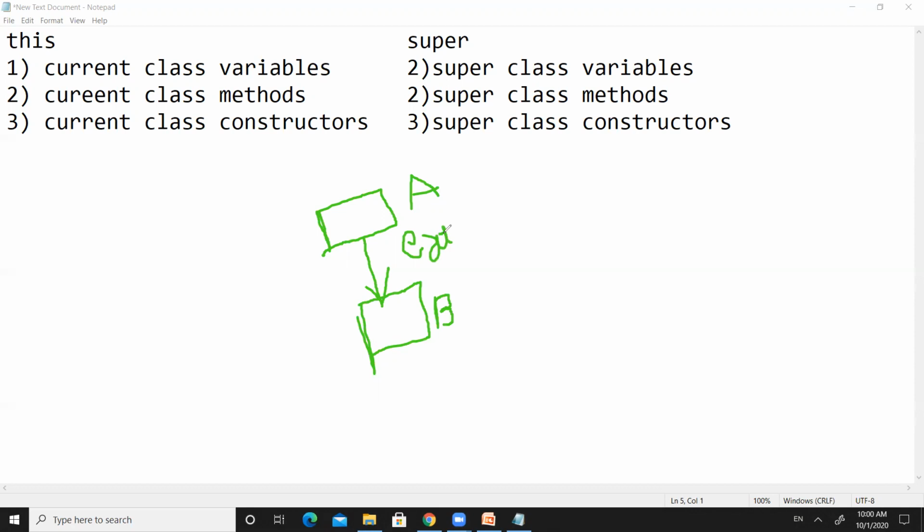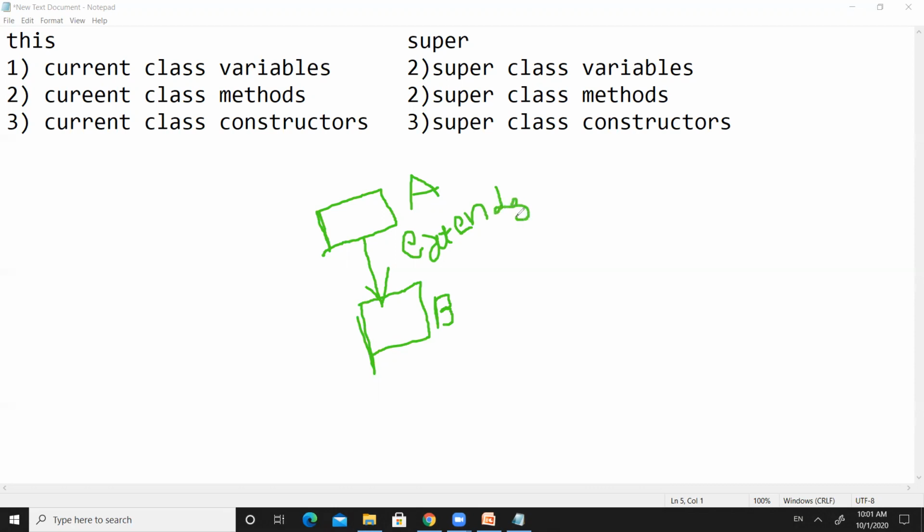The keyword which is used for inheritance in Java is extends.